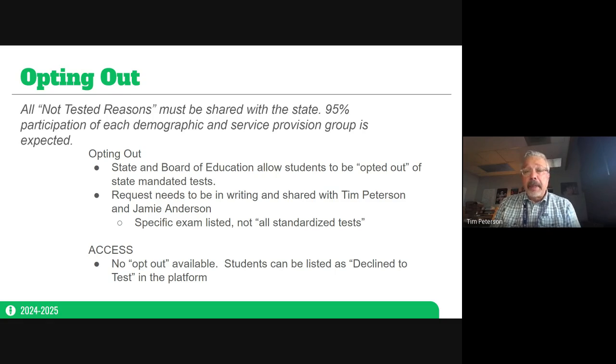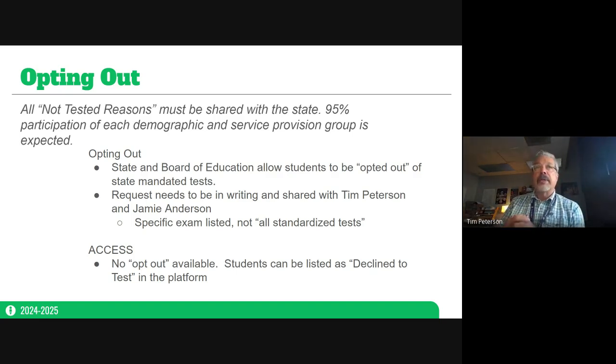The goal is to have a 95% participation rate in each and every demographic and service provision group. The all students group is typically the easiest one to say, oh yeah, we have 95% of our expected students participate in the ACT.